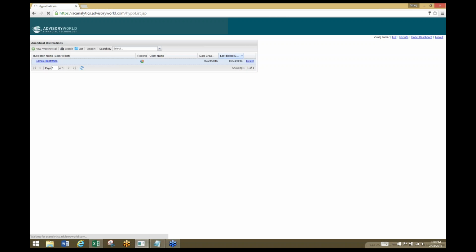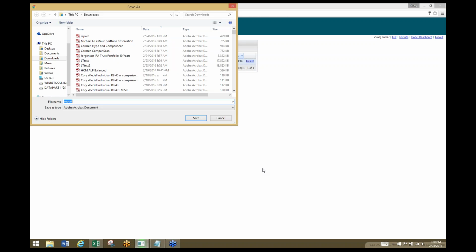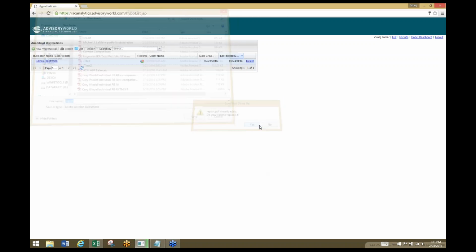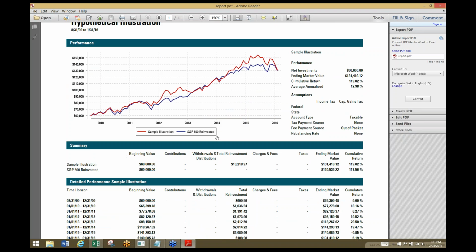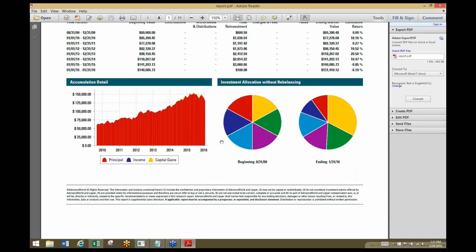This would be just kind of how the reports come branded in our system. Report version 1 with no logo changes or color scheme changes. So again, looking at the standard report on the top right here, you're going to have the AdvisoryWorld logo. The color scheme is set to match that logo. And you're going to have our default colors on the bar chart, on the pie charts, and all of the